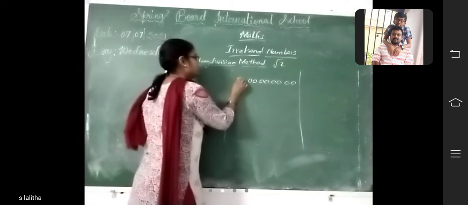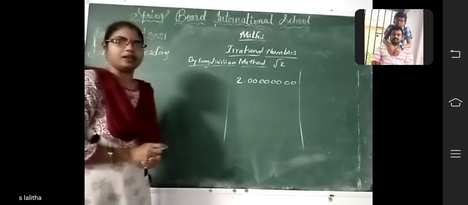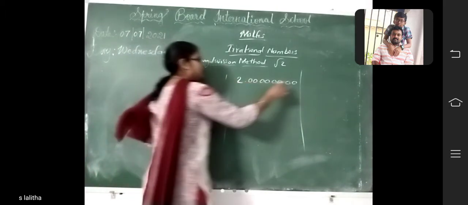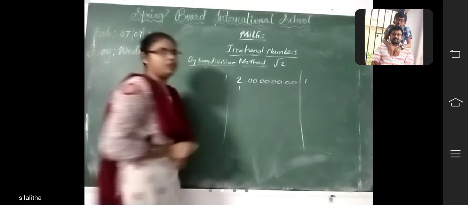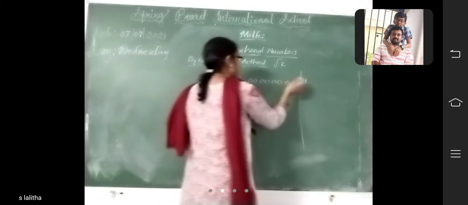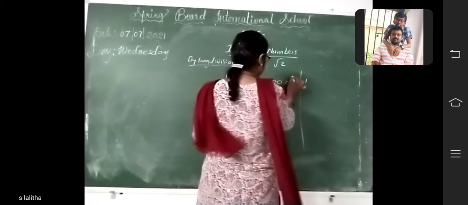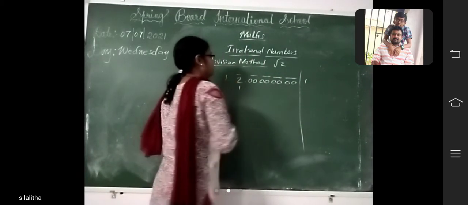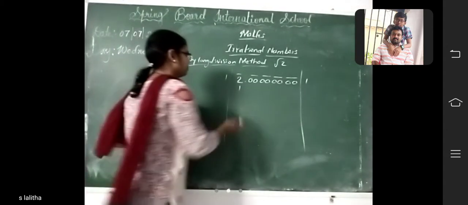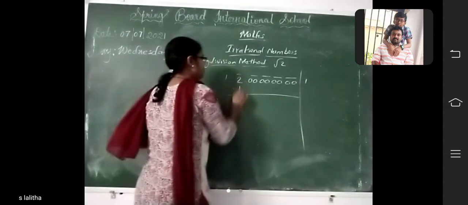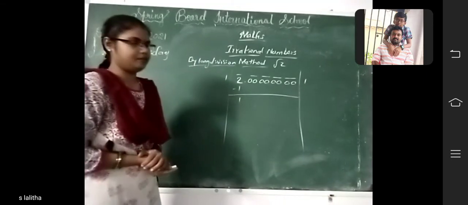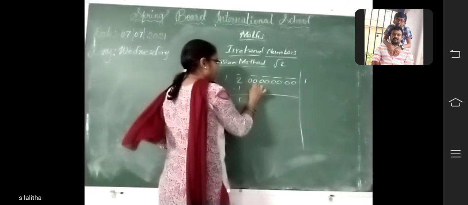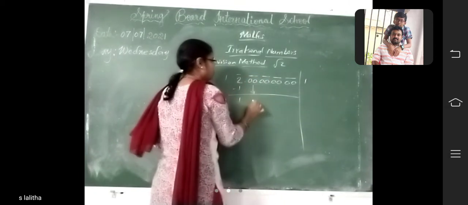So here 2 is there. You have to take the square number. So 1 ones are 1, 1 ones are 1. Let us move forward. See here, you should take a borrow for two digits; here only a single digit we have to take. So 2 minus 1, how much? 1. Now bring down this pair, that is the bar, two zeros.